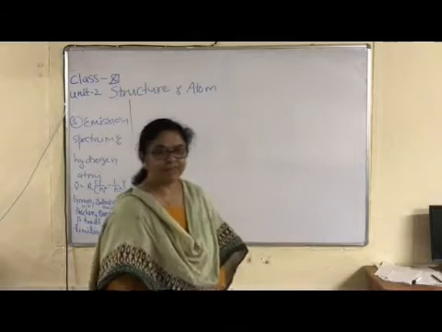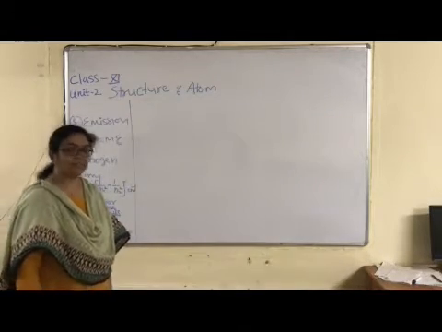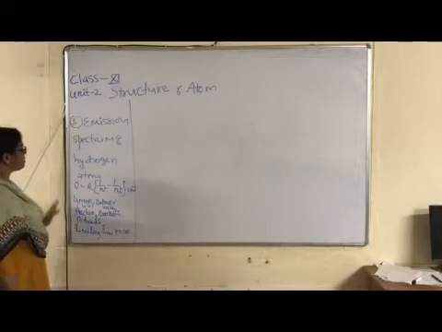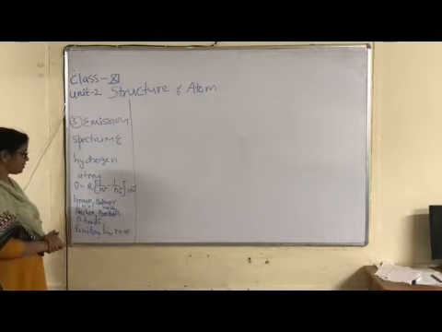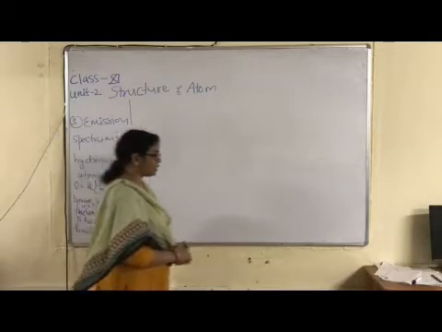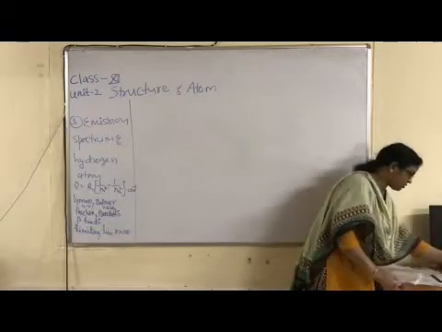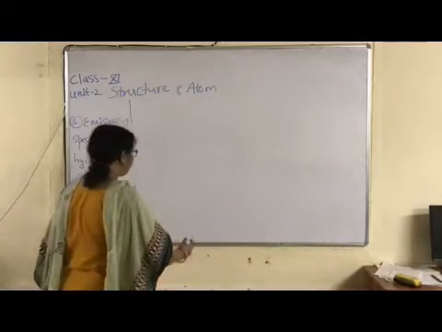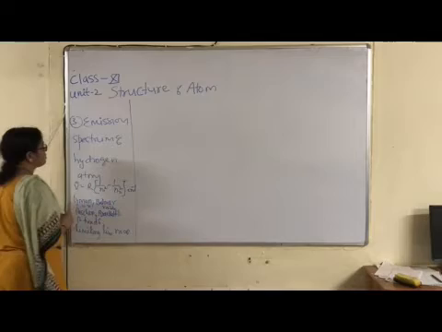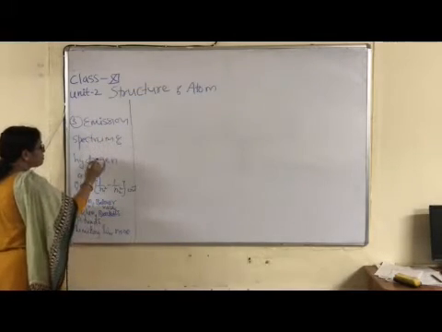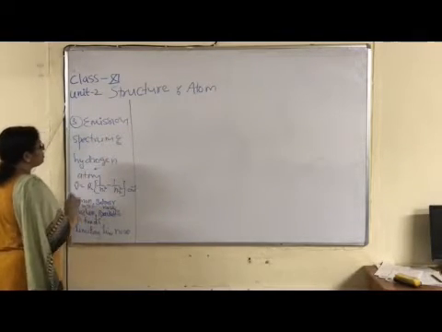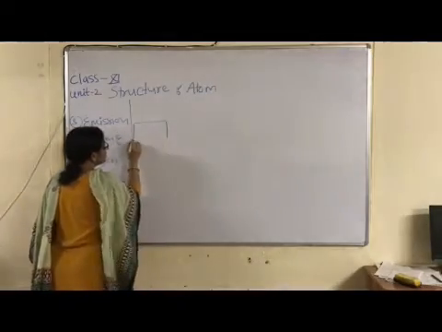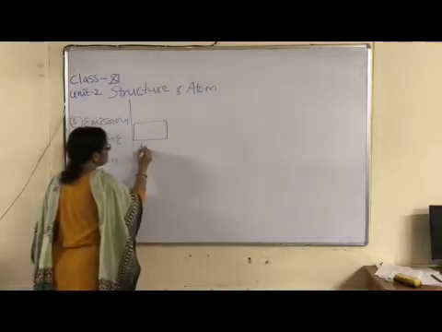Now children, after the study of spectrum and types of spectrum, the next content of this unit is the emission spectrum of hydrogen atom. As you know, emission spectrum means when emitted radiations or emitted light is analyzed, the resultant spectrum is known as emission spectrum. What about the emission spectrum of hydrogen? In this case, we use a discharge tube. This is a rough sketch of a discharge tube.